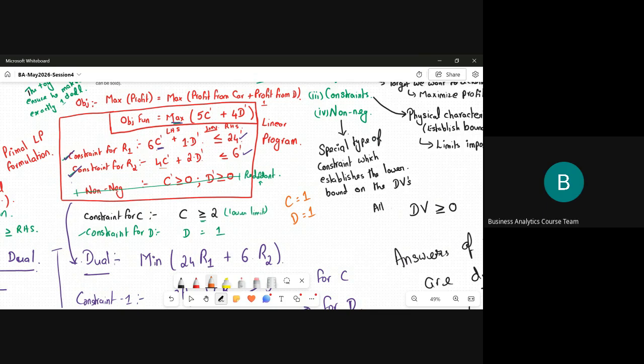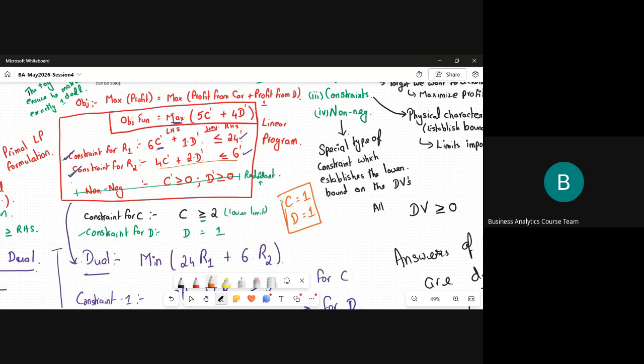Because look at this constraint. So 4 into 1 is 4, 2 into 1 is 2. 4 plus 2, 6. It has reached. Substitute it: 5 plus 4, 9. The only other solution here is make this 0 and this 2. Two twos are 4, 4 less than or equal to 6. Two fours are 8, 8 is always less than 9. So since I want to maximize, C is equal to 1, D is equal to 1 is going to be